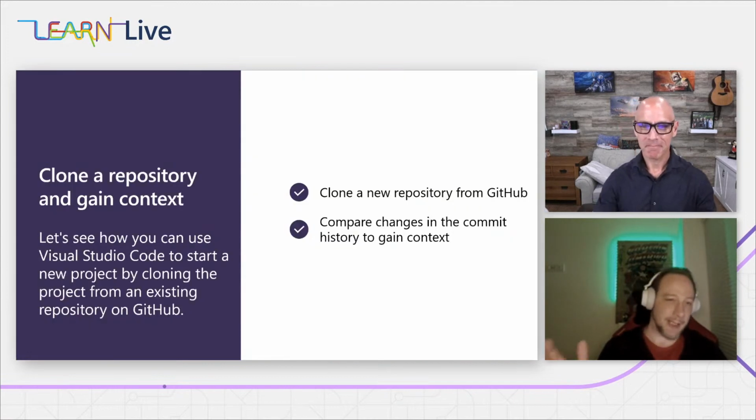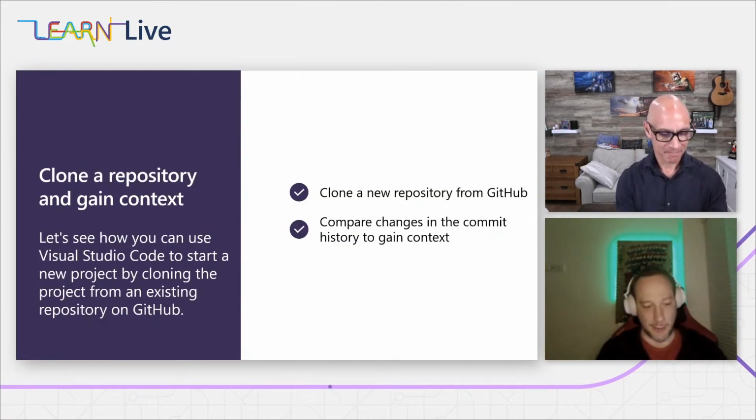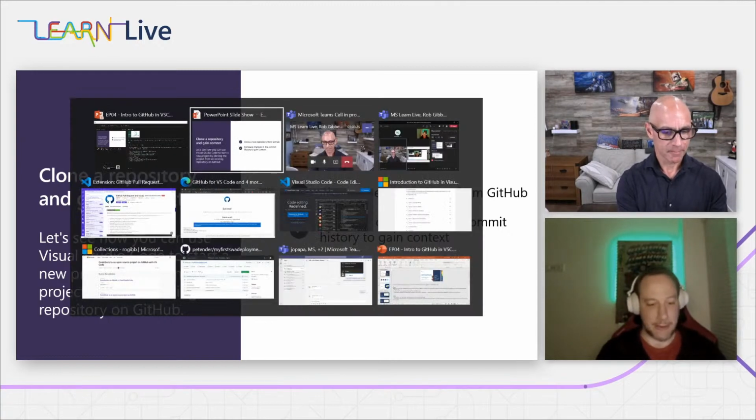So in short, again, what we're going to do here is connect my VS Code environment and clone a new repository from GitHub. So it's already there. I'm going to clone it to my local machine, and I'm going to inspect what our friend Burke was actually doing. And again, showing you how easy and straightforward it can be.